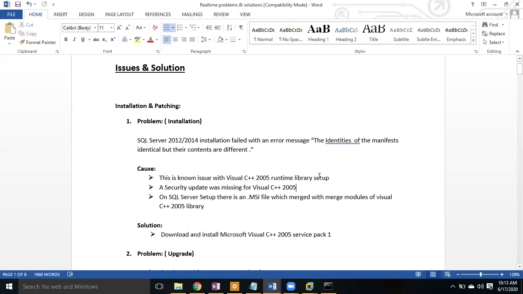If this DLL file is missing from the existing installation binaries, or is corrupted, we cannot install SQL Server and the installation fails with this error message. So what we need to do is separately download the Visual C++ 2005 runtime libraries called